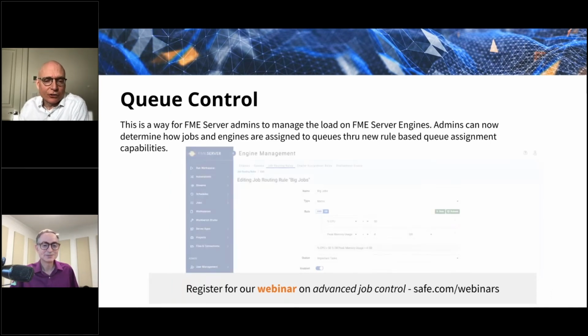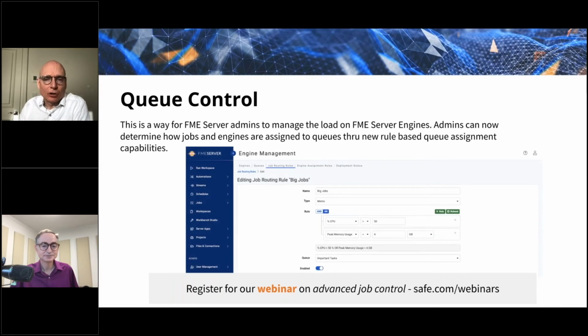This whole idea of multiple engines and multi-threading is really going to take FME to a level where we can process just massive data quantities. So now the question won't be, can FME process it? It's always going to be based on how much hardware do you have, and so super exciting.